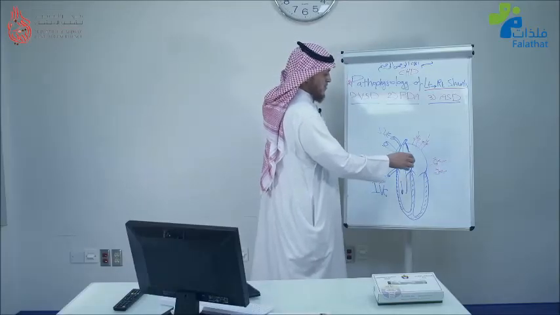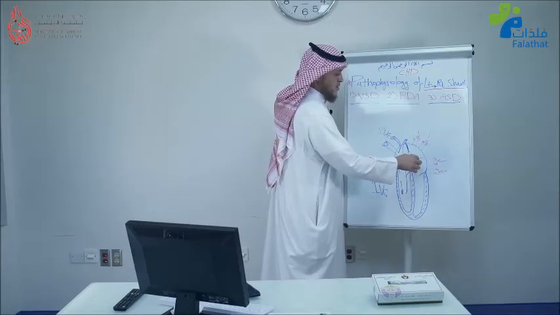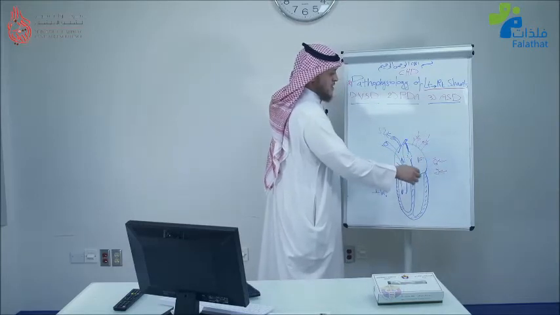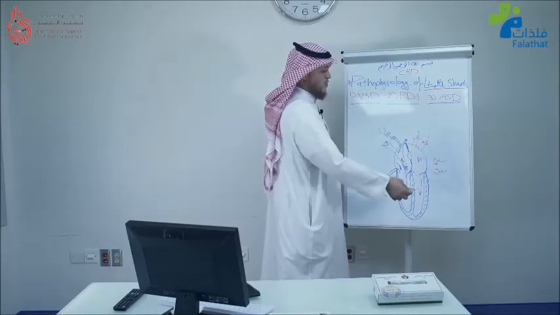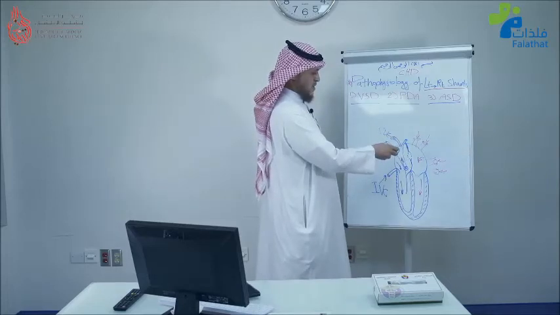And we have now the left flow and into the left ventricle. This is normal and gets ejected through the aorta, which I didn't draw just for the sake of explaining the